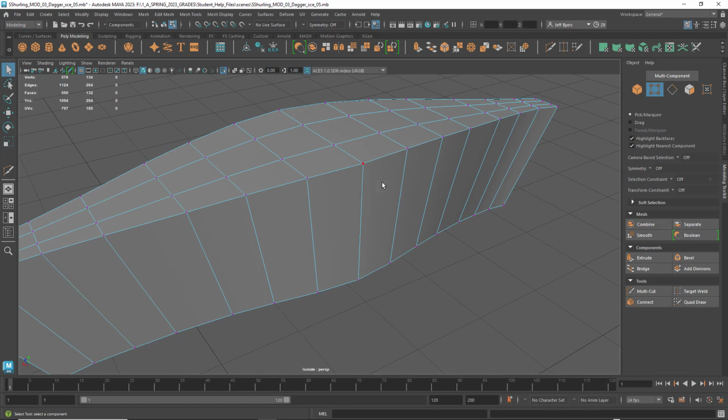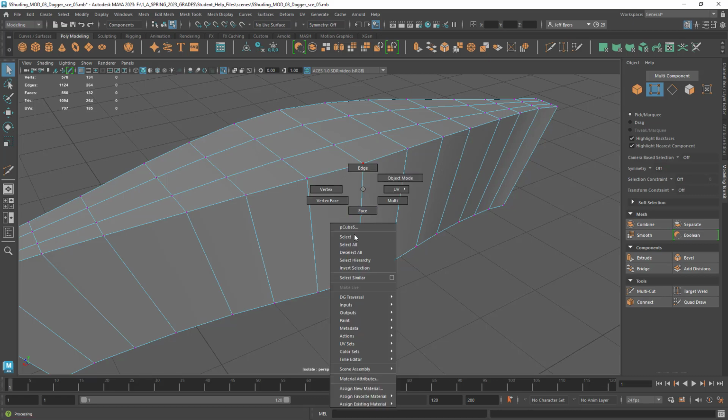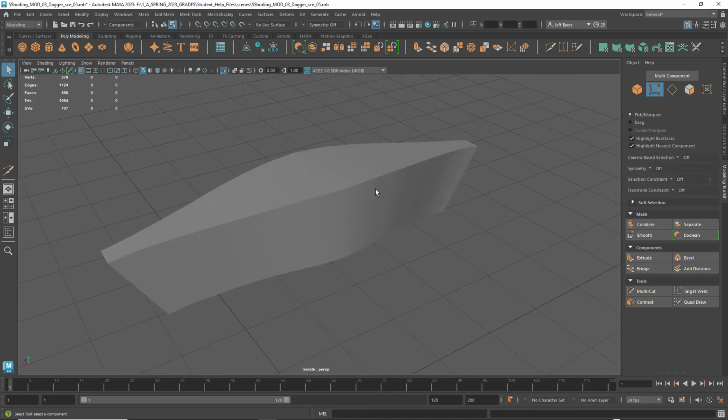All right. So now you know why I do control delete when I click on an edge like that. It deletes the vertices and the edge. With that said, we should have a clean object now. Now, if I click off,